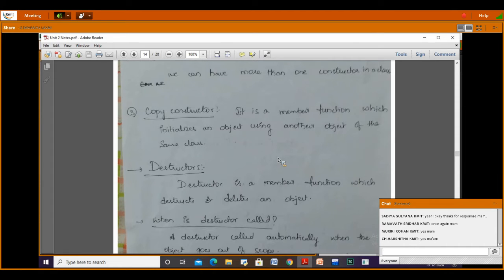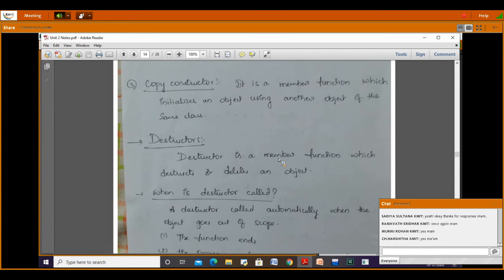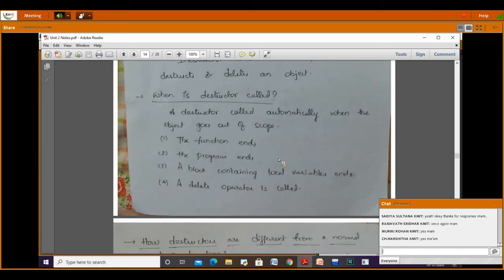This destructor is called automatically whenever an object is out of scope. That is, whenever the function ends, or when the program ends, or a block of local variable ends, like the scope of that particular variable ends, or when we are calling the delete operator also, the destructor is called.